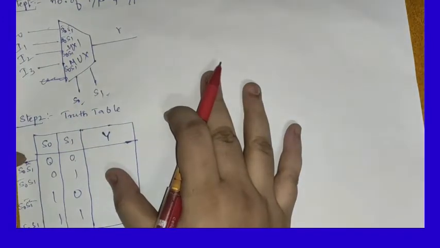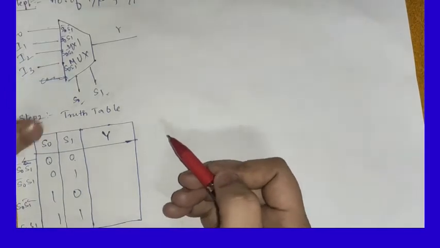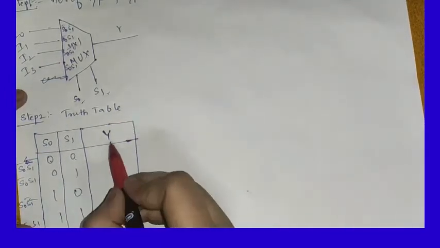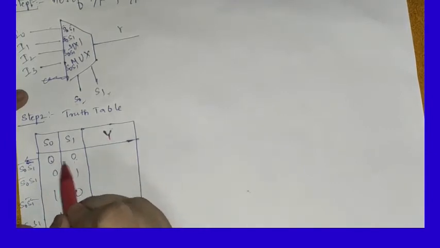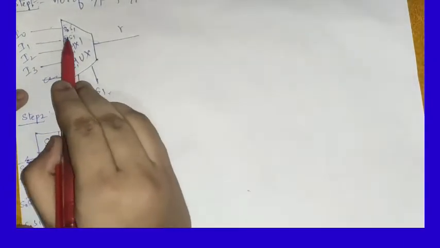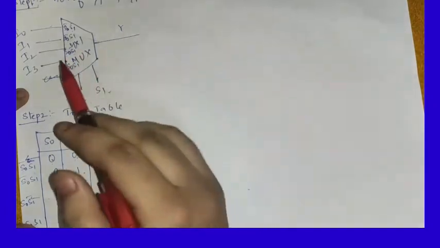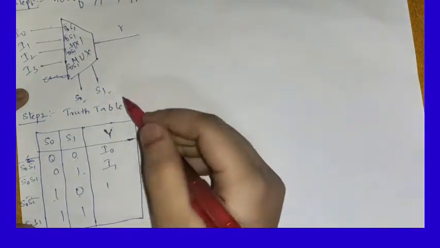Here nothing is there, just write these corresponding combinations of these variables. Then we'll go for this. If S0 is 0 and S1 is 0, S0 bar S1 bar, this will be selected as an output, so I0 is selected as an output. And if 0 1 is there, S0 bar S1, I1 is selected. In a similar way, 1 0 is S0 S1 bar. See, a variable with prime, that is with bar or complement, will be 0, and a variable unprimed is 1, according to min terms, right?